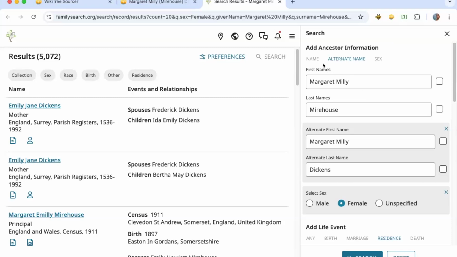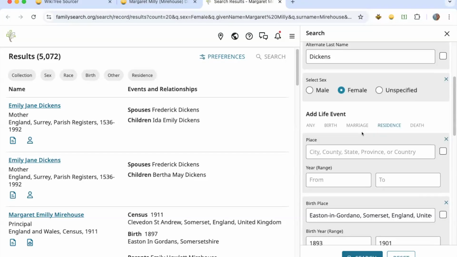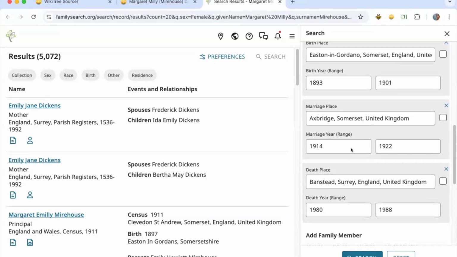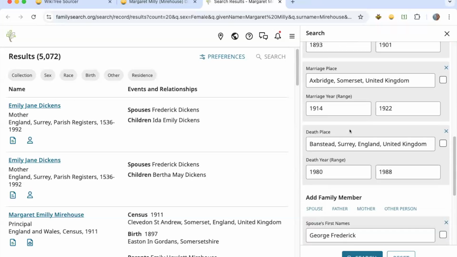You can see it's opened the FamilySearch site, and it's filled out a search with all the details it can find about Margaret. It's got her name, but also her married name. We don't have parents on this page yet, but we have where she was born, married, died,